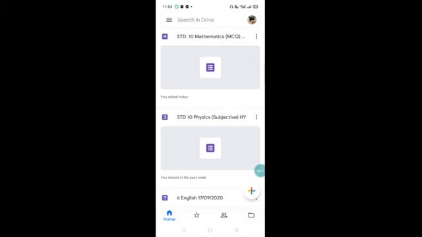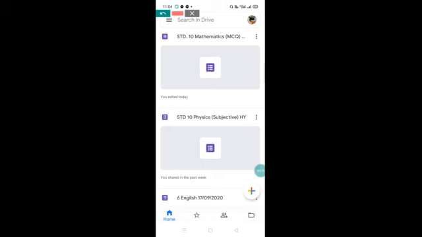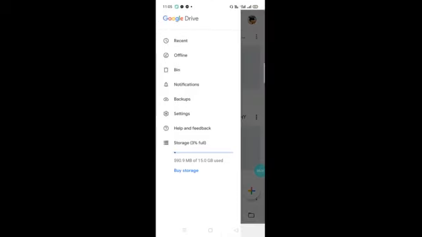Now you will get three horizontal lines at the top. You can see these three horizontal lines. I have to click on that. There you will get one option, Settings. Click on Settings.